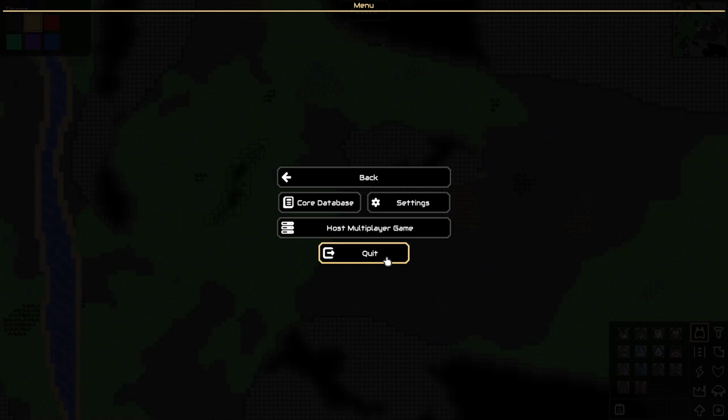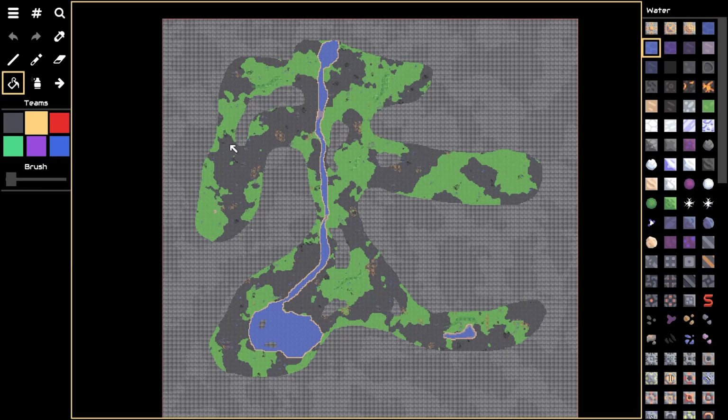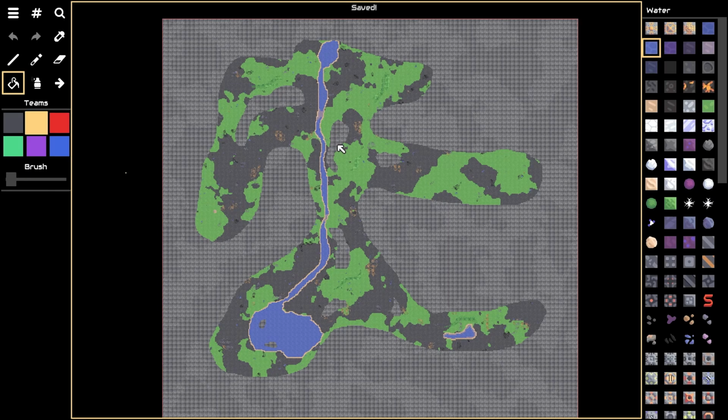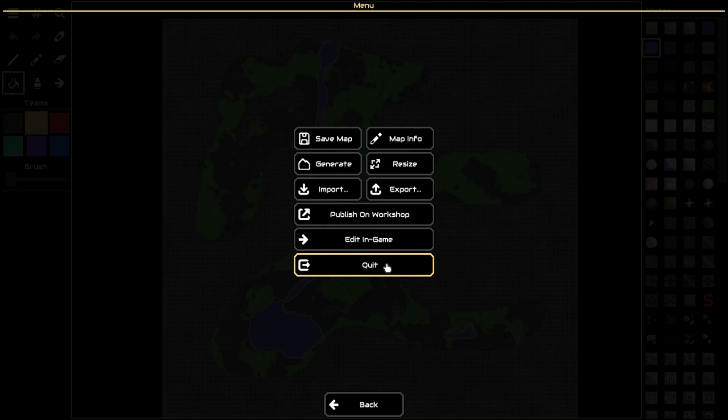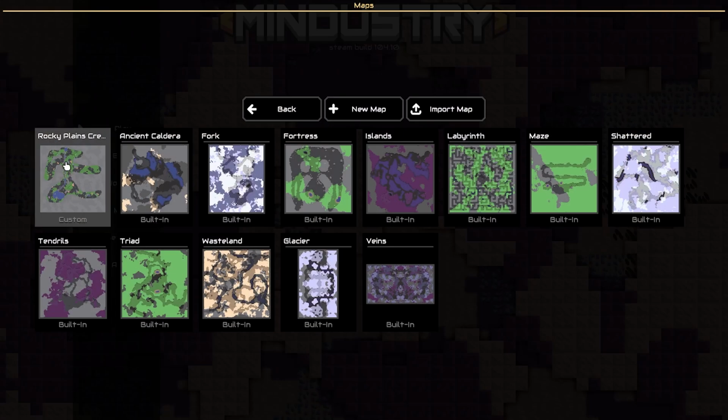So then we can go quit. Is it quit? I hope it's quit. Yes, quit to get back to here. I forgot for a second. I thought, I hope I don't delete this also. But that's our map. Like, we're done. So now we can save our map. So now it's saved. And then when we go out of here, you can go to the editor and there it is. So if you want to play it,